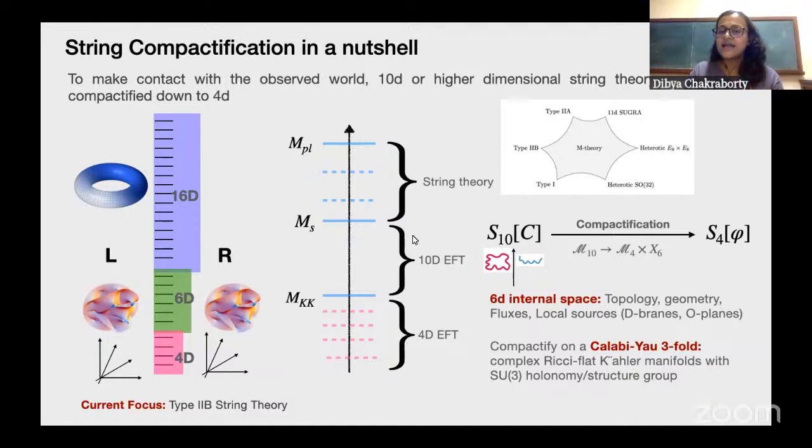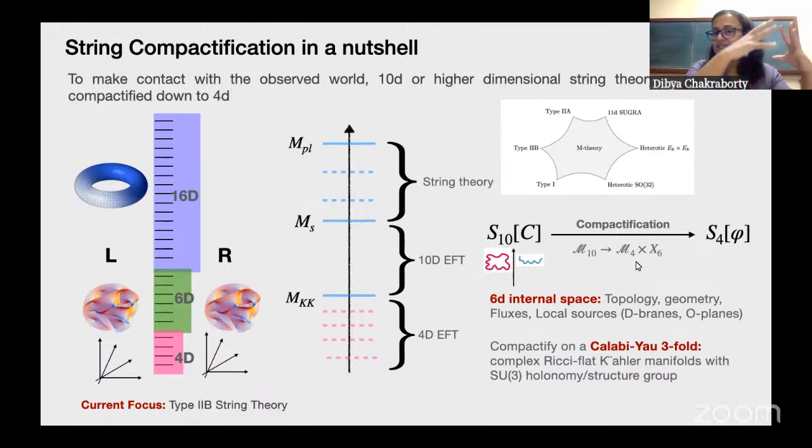And below that, I will have a 10-dimensional effective field theory whose mass spectrum matches the 10-dimensional supergravity theory. And after dimensional reduction, I will get a 4-dimensional effective supergravity theory. And I will be interested in that. And when I dimensionally reduce, so